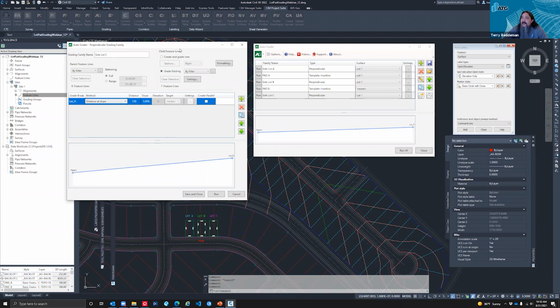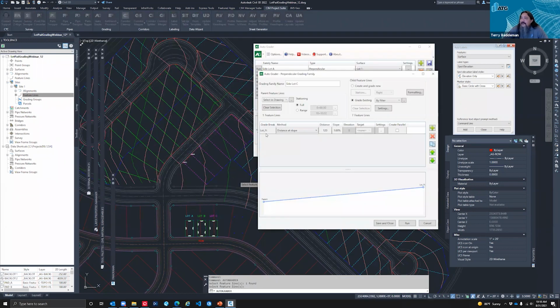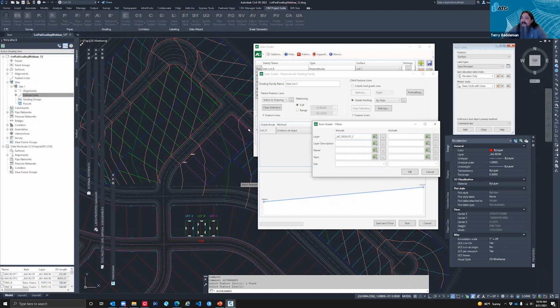What it does is it gives me a readout of the objects that are still selected, and we change the select from drawing, and we'll select our feature line here. So I have one feature line selected. It's this guy here. I'm going to focus on these 7 lots, and you can see I have 7 selected here. The reason is because I'm identifying which objects I want by filter. This filter is basically grabbing these feature lines by layer. It's on lot C, and I'm telling it to grab the feature lines that are on that layer and use that